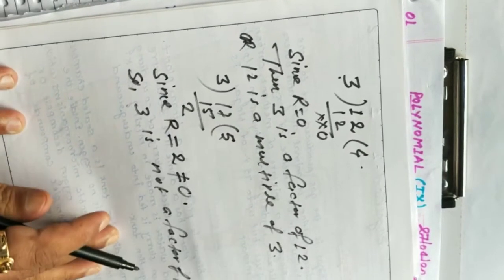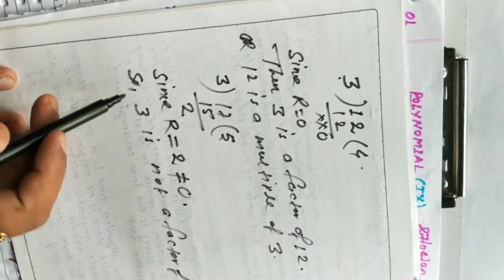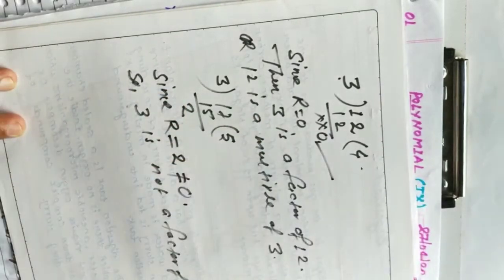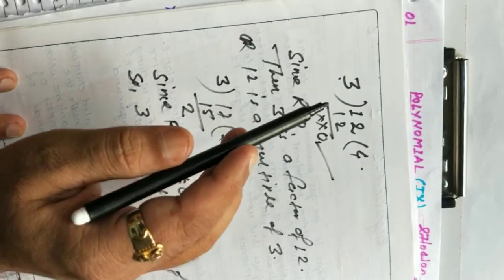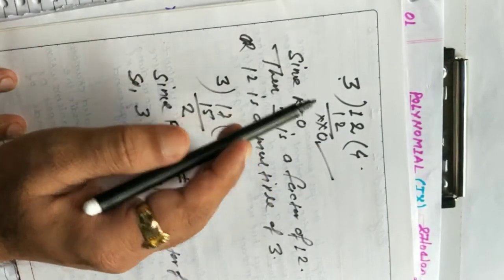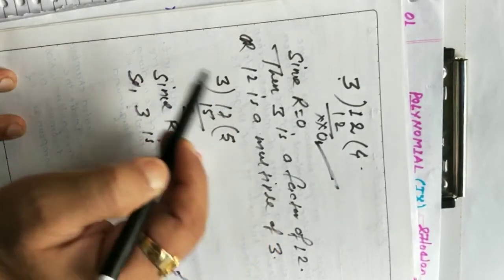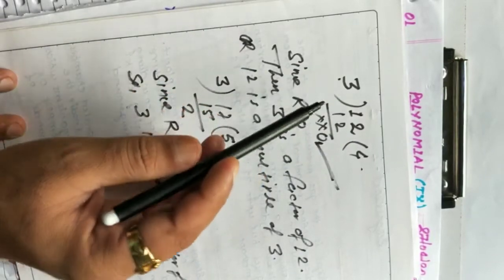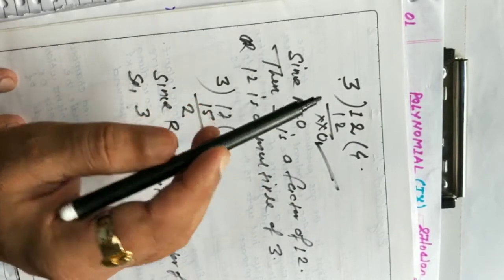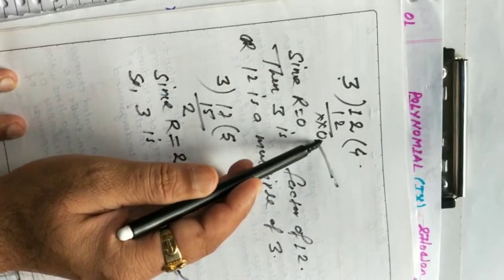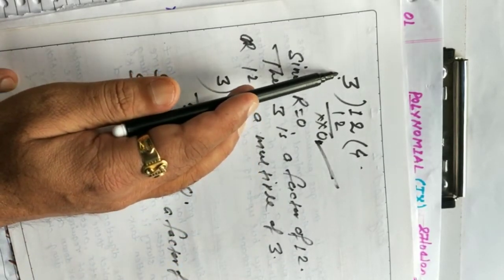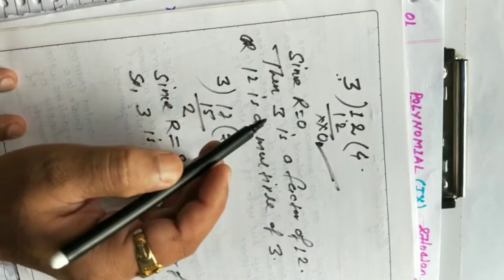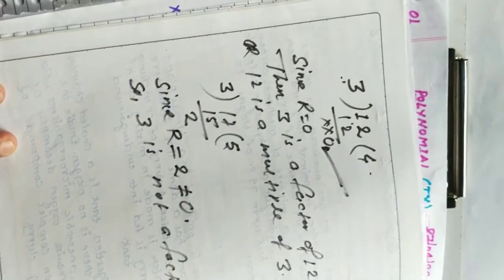3 जो है वो 17 का फैक्टर नहीं है. तो जब कोई नंबर को हम डिवाइड करते हैं और रिमाइंडर, देखो फैक्टर, any number is a factor of a given number or not, it depends upon a remainder. ठीक है, कोई भी नंबर जो है किसी दूसरे नंबर का फैक्टर है या नहीं है, वो डिपेंड करता है उसके रिमाइंडर पे. If remainder is 0, then the divisor is a factor of dividend. ठीक है, तो इसी के आधार सिमिलरली इन पोलिनोमियल there is a factor theorem.